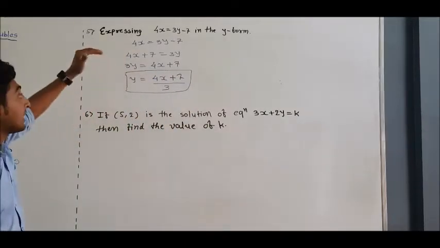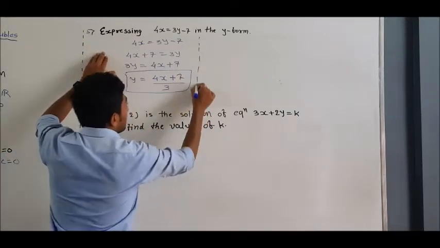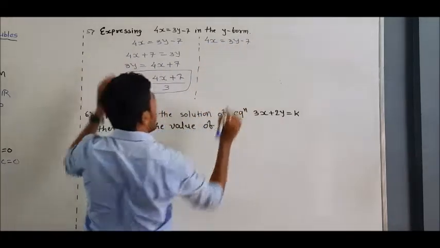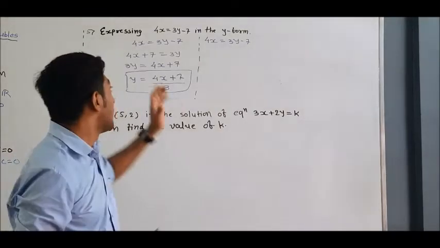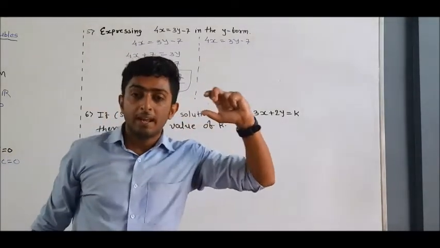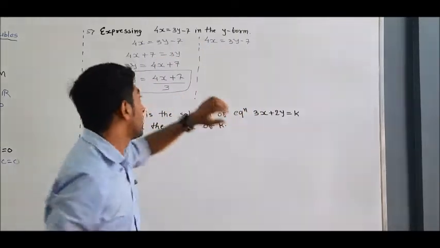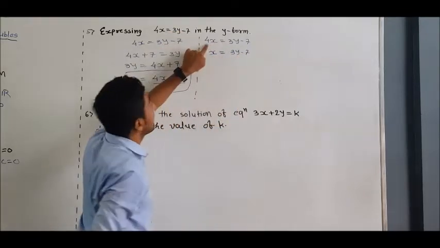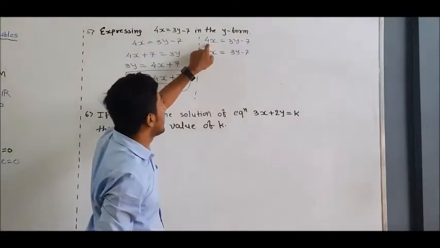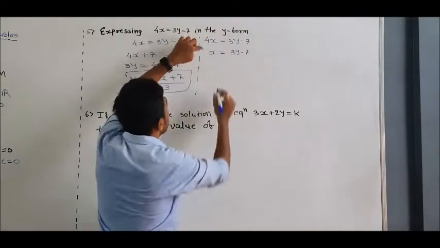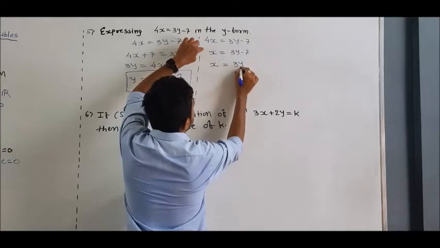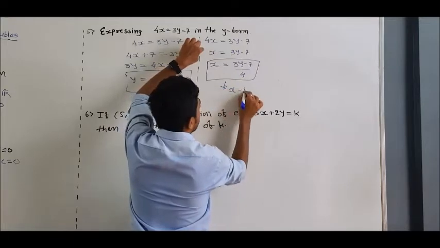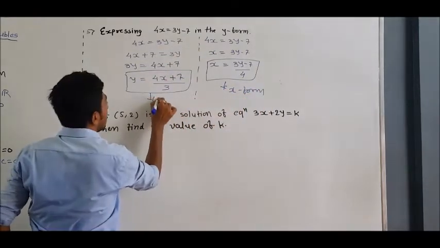of the given equation. Let us discuss what the x form of the given equation is. Here we have already been given 4x equal to 3y minus 7. If you are asked to write the given equation in the x form, you need to express the equation in the x form. So I can write x equal to 3y minus 7. Here 4 is multiplied with x. So if 4 goes to the other side, it will be a division. So 3y minus 7 divided by 4. So this is the x form and this is the y form.